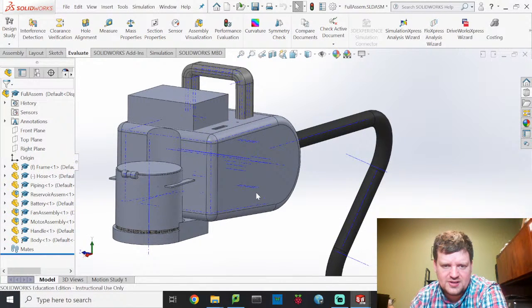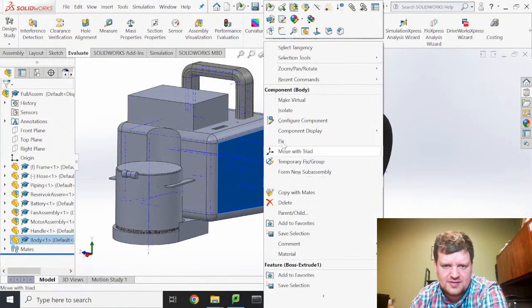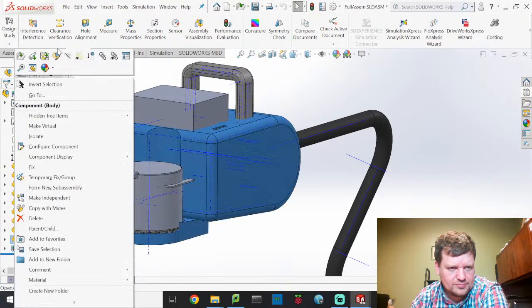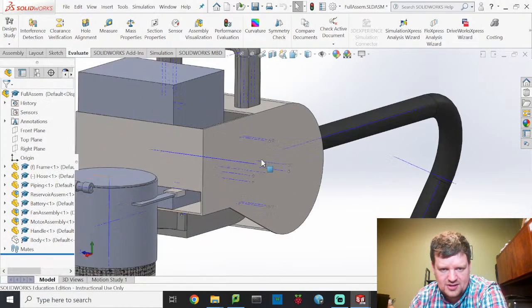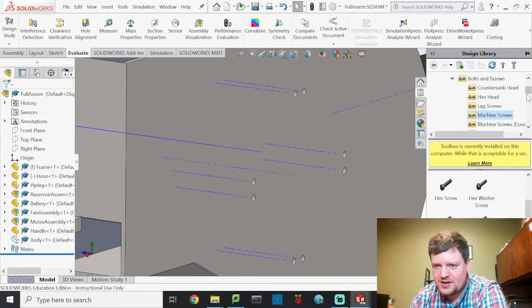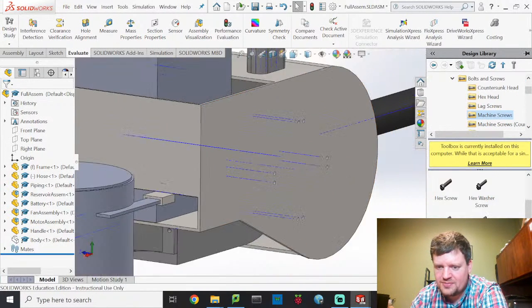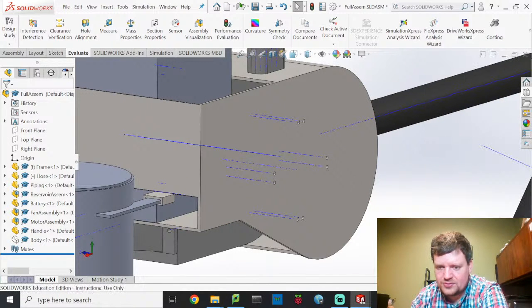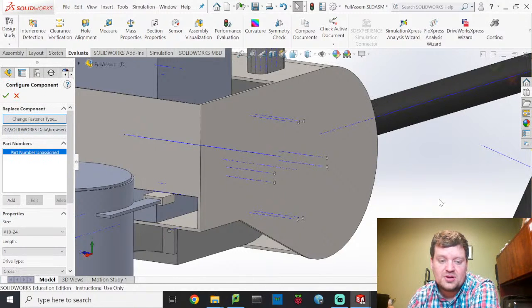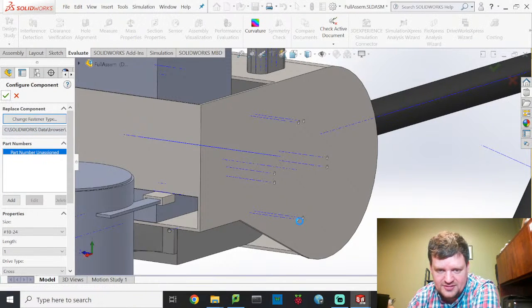First things first, I'm going to go ahead and hide this body component. So that'll allow me to see this. I'm going to go into my design library. I've already got my round head machine screw selected. This is the same exact screw that I had, which was a 1024 screw, 1-inch length. I'm going to go ahead and put 8 of them down in here. As I said earlier,